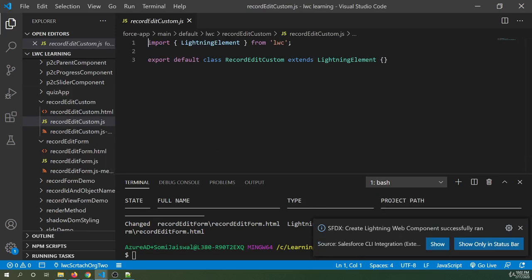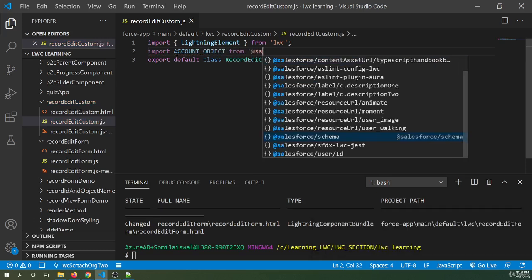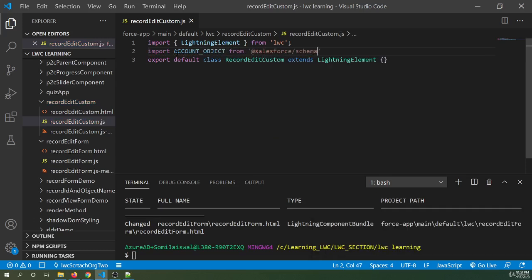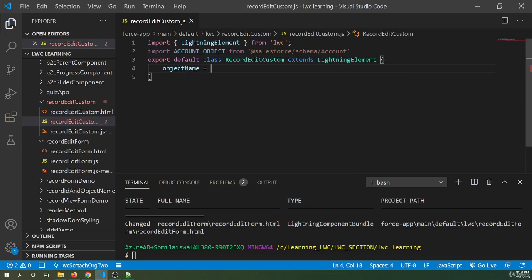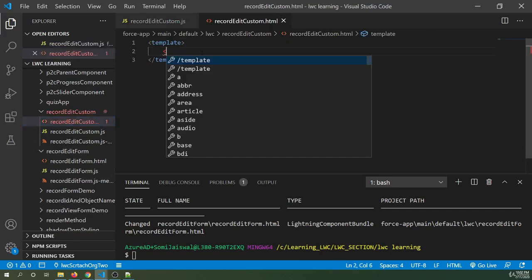So now the component is created, and first thing we're gonna do is we'll create the object on which we're gonna work. So I'll say this time account object from @salesforce/schema/Account. So now I have the object ready, so I'll map it to the local property object name equal to account object, and then I'll go to the HTML and create a card,